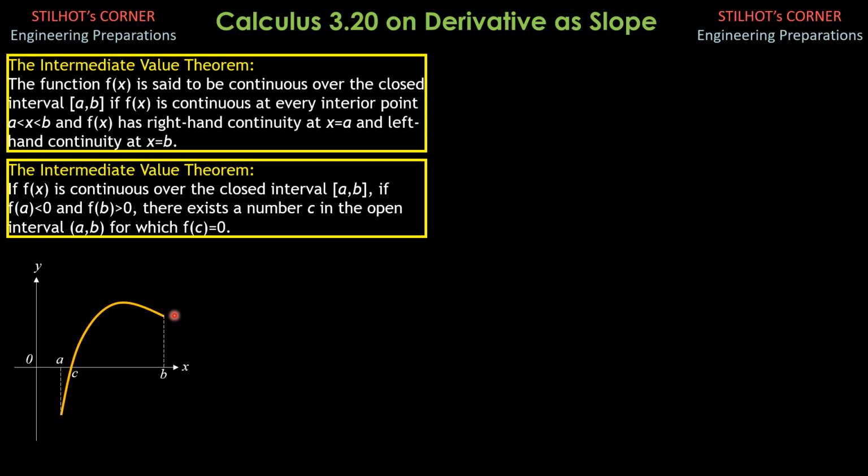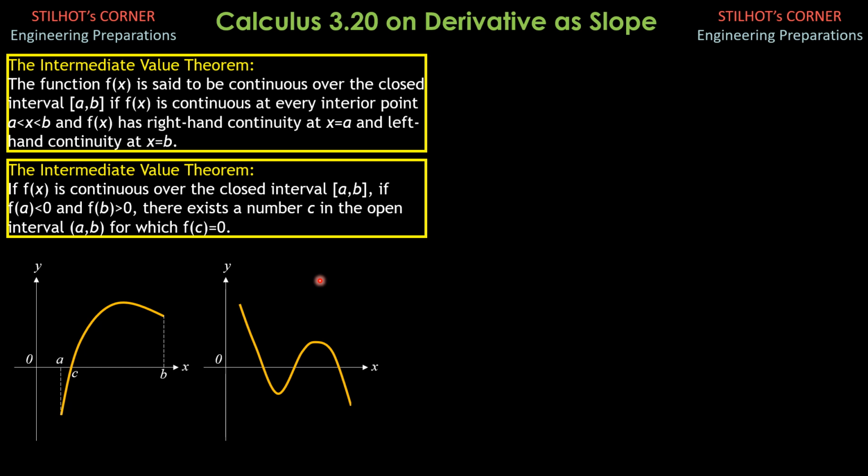So therefore, since the graph is continuous within the closed interval, then the graph will cross the x-axis where y is 0. So there's a number c that exists such that f of c is 0, which is this intermediate value theorem here. And the explanation is that